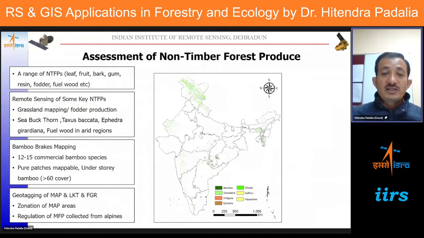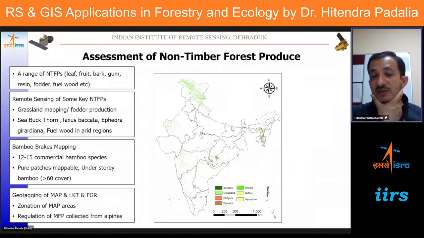And another application area is that forests are also a source of livelihood, and we have a range of non-timber forest produce, minor forest produce, which is collected mainly by the tribal population in different parts of the country. So it is very important to know their spatial extent, also to know the yield of these products from the forest areas, how much is being generated in different parts of the year, or how much is the pressure on these NTFP. So a number of such studies are required, particularly for NTFP and proper assessment.